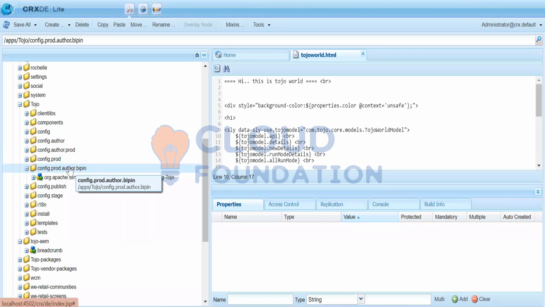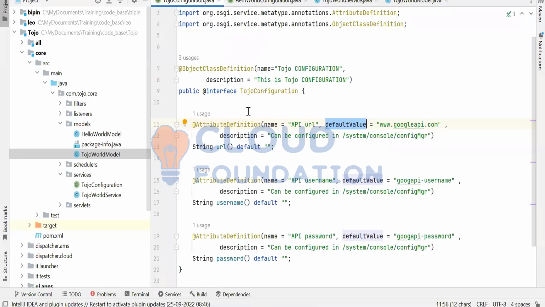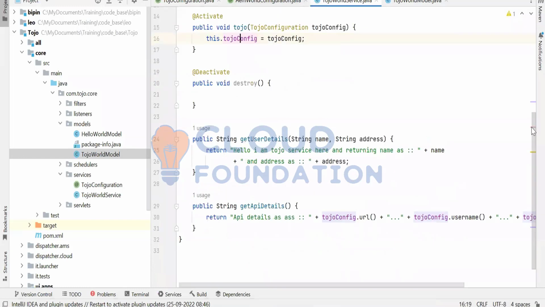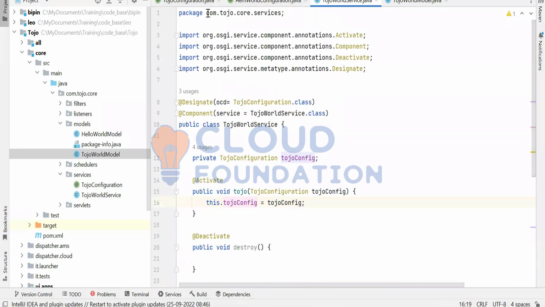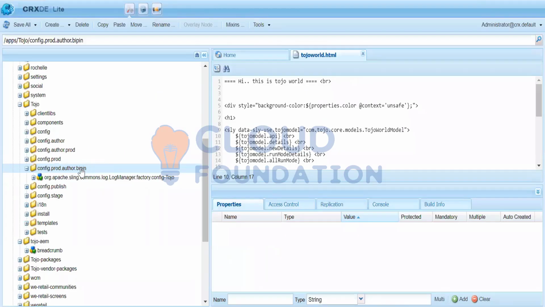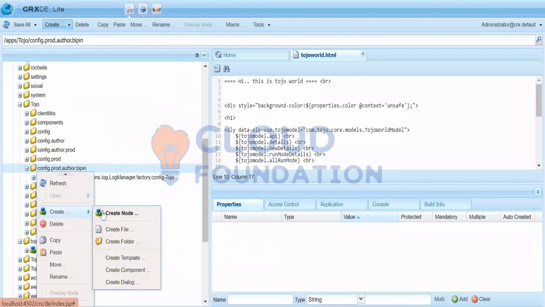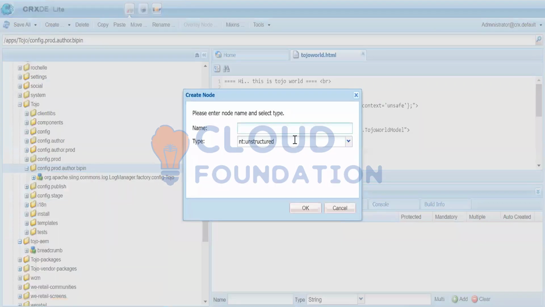Here, if I create a configuration, see, you have a configuration. So how do you create a configuration? Remember, a configuration can be referred inside multiple services. So you create the configuration by the name of your service. What is the name of your service? It is this package name and then the class name. It is Tojo Word Service. So what I will do is I will create a node whose type will be